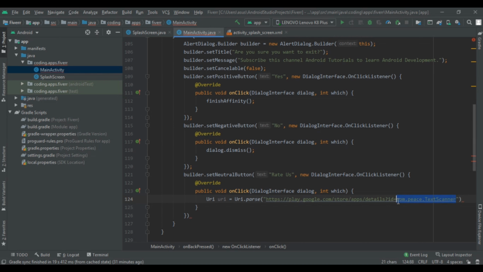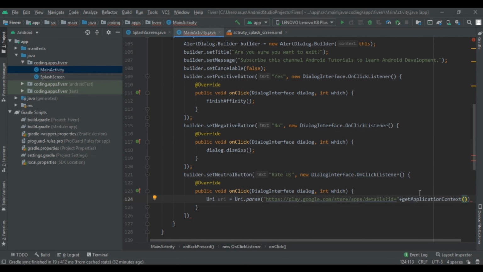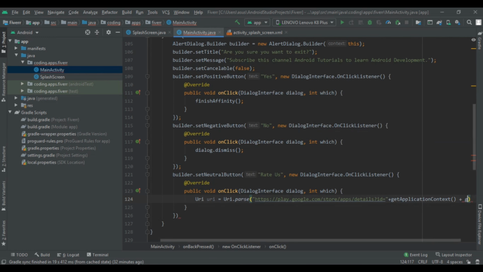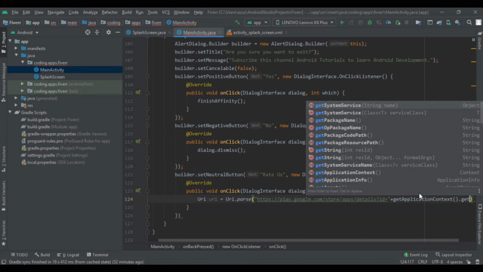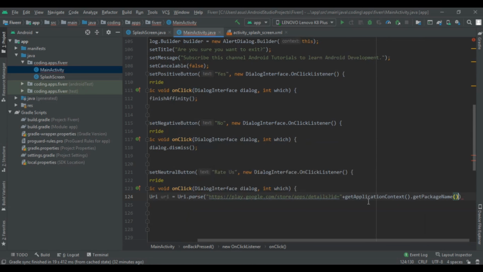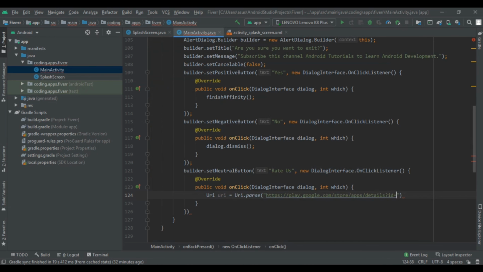First of all, erase this, and then write plus getApplicationContext plus .getPackageName. So this will be our URL for our application. Till yet we have not launched our application, so for example purposes we are going to use that app only. So here that link is, and then we close it.